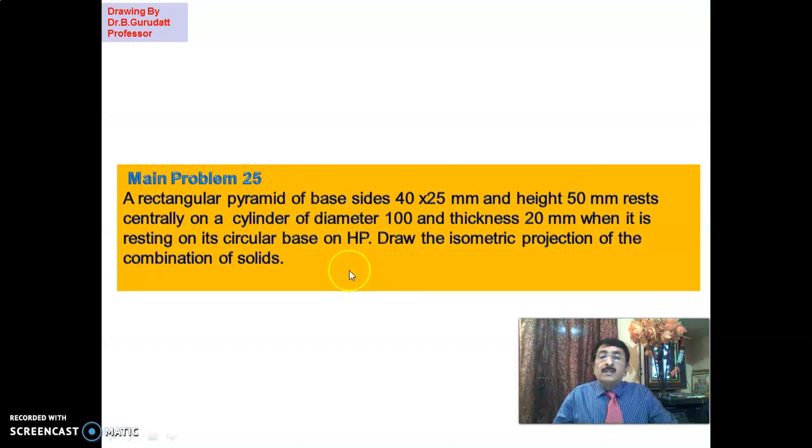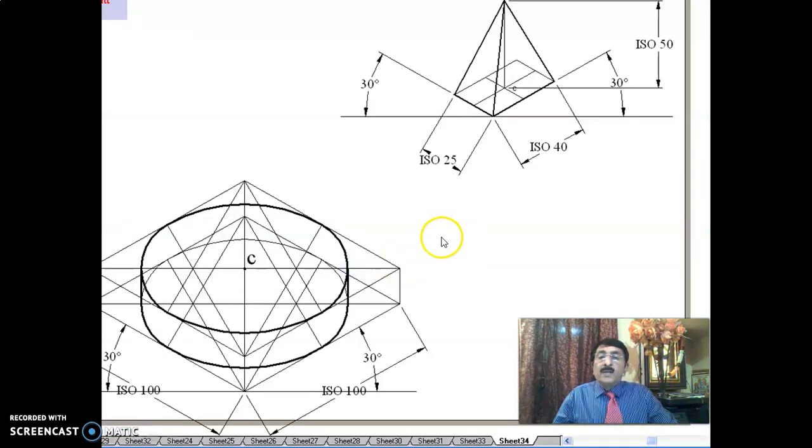See here, this is a problem where individually we have already done in session 1 to session 5. That means the bottom solid will be a cylinder, top solid will be a rectangular pyramid. These things have already been done. In that way, first you do